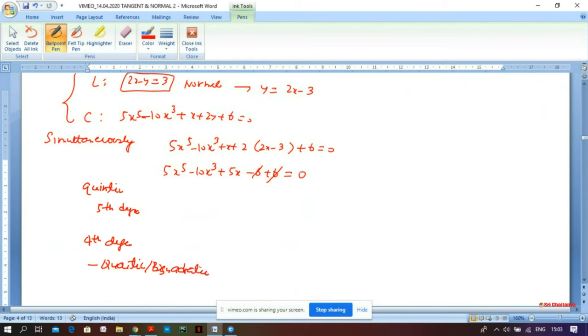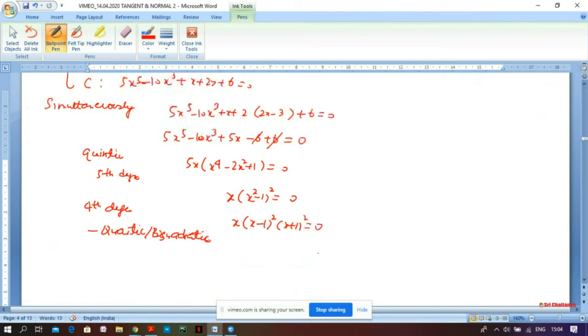And you know, second and third is cubic, second is quadratic. So this quintic polynomial you get is 5th degree. In general, you can't solve 5th degree, but here it is special. Once you take 5x out, you are getting x^4 minus 2x squared plus 1 is 0. That's lovely. It's just a perfect square. So x squared minus 1 whole square is 0. I can factorize, and x minus 1 whole square, x plus 1 whole square is